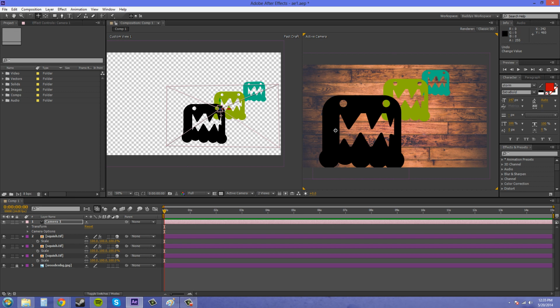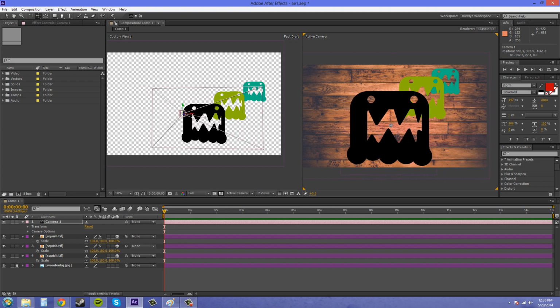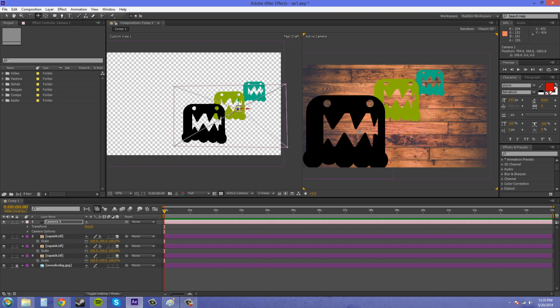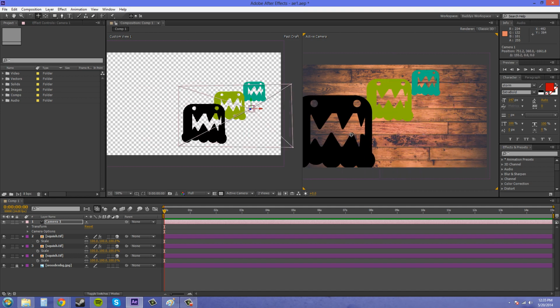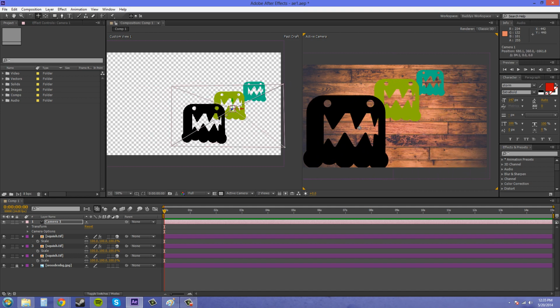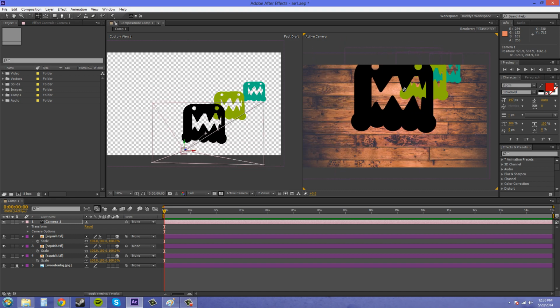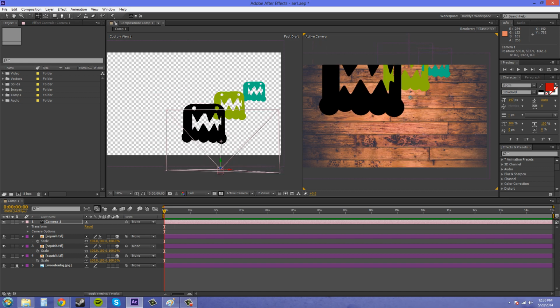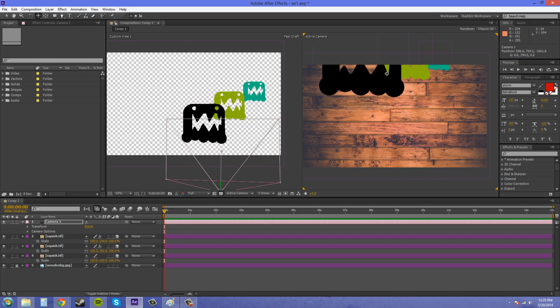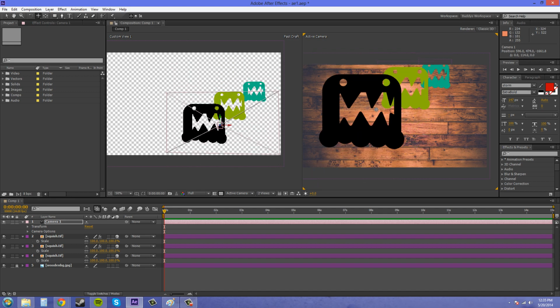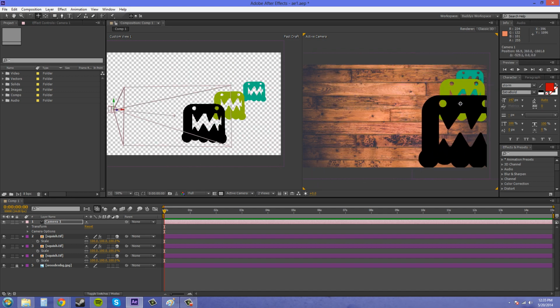So if I just use these Track XY or Track Z camera tools like this, you can see in the left view there, in the custom view, that the camera moves from left to right. If you hold shift, it'll constrain from left to right, or if you hold shift and are moving up and down in the y-axis, it'll move up and down in the y-axis as long as you're still at the starting point. So if I move over here and I try to move up and down,